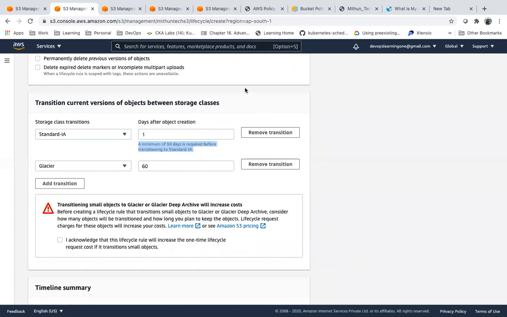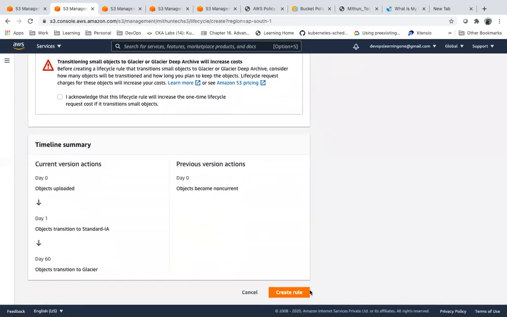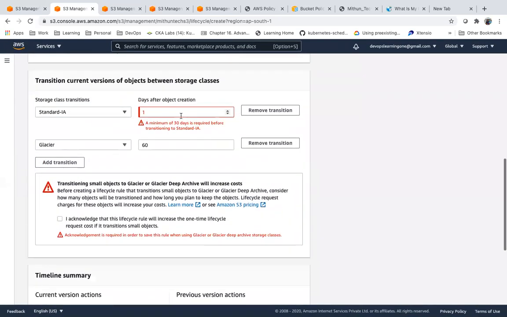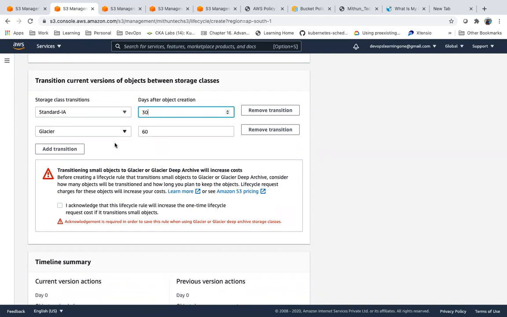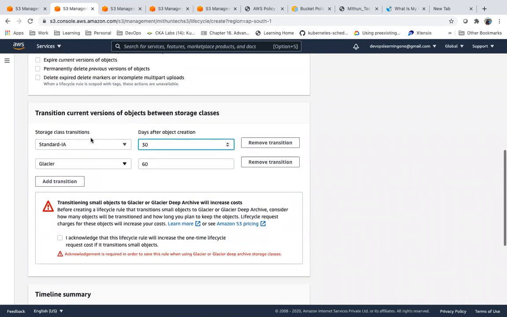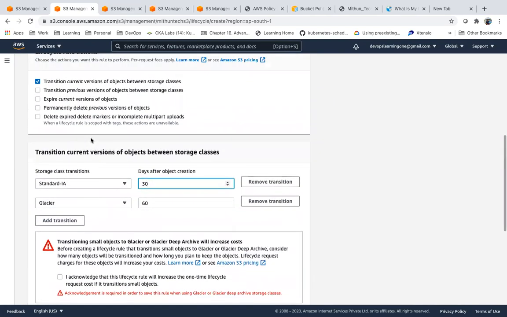So I cannot move within 1 day. I will get an error, right? If I want to define an object lifecycle rule, a minimum of 30 days is required before transiting. After 30 days, it will move to a different storage class.